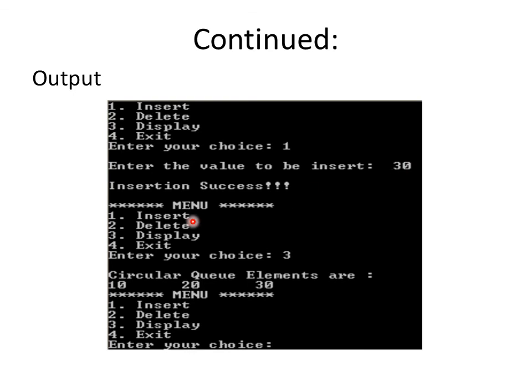One, choice 30. Next, insertion successful. Next it goes on. I have inserted 3 elements: 10, 20 and